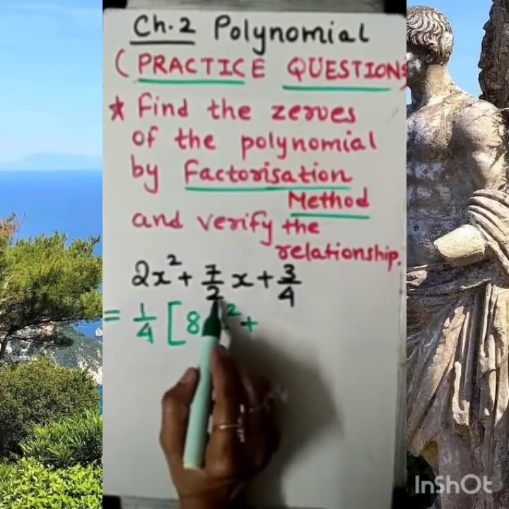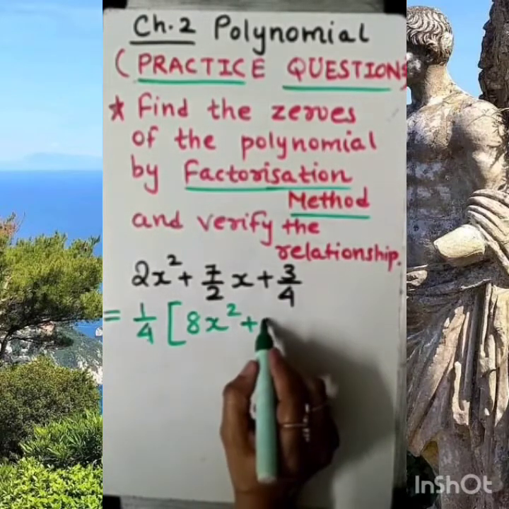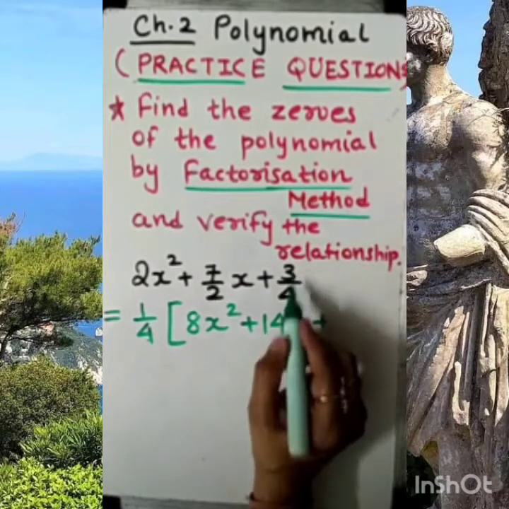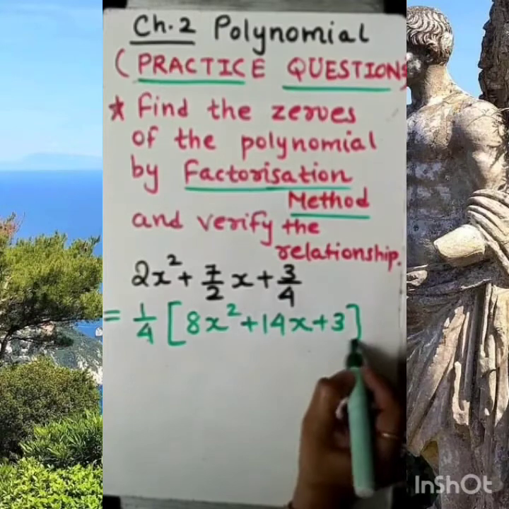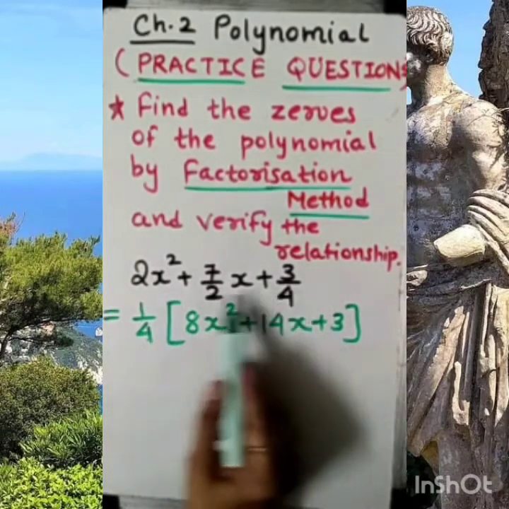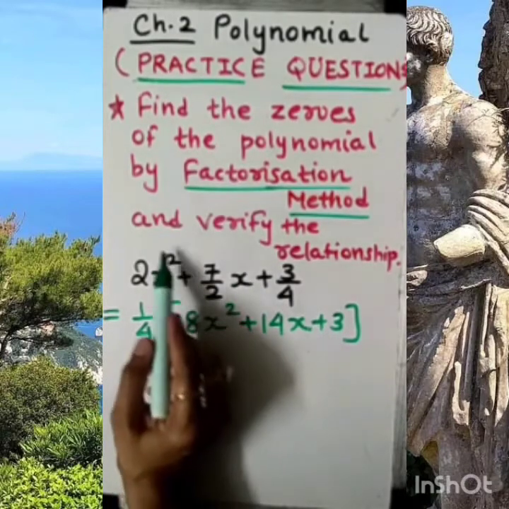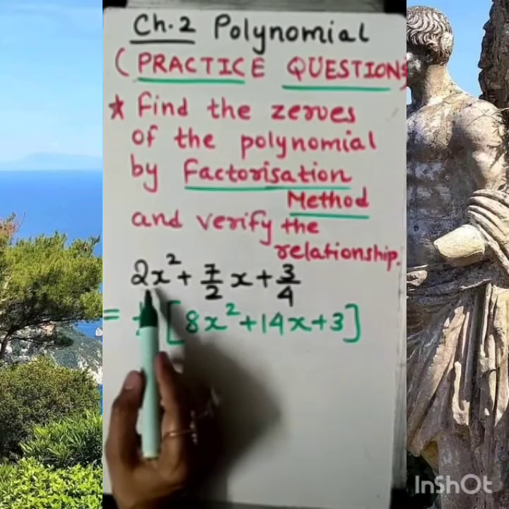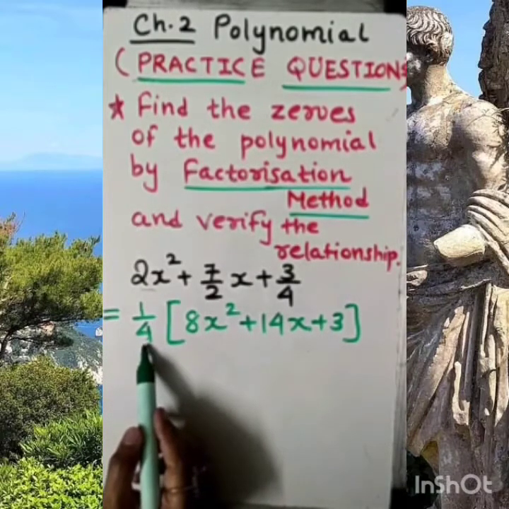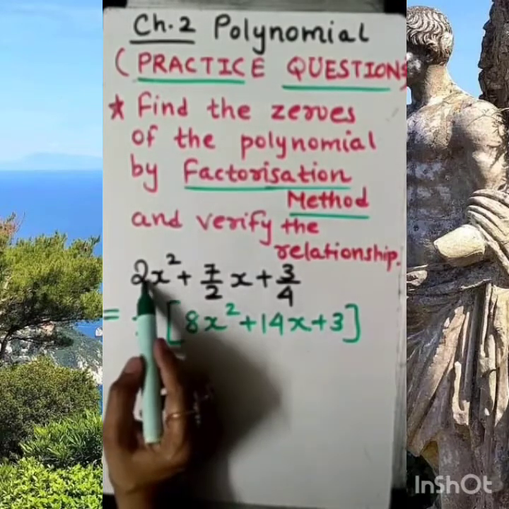Now as you know, 2 is already outside, so we need to multiply the numerator with 2. So 7 times 2 is 14x. And of course here with 1, it will be 3. Again I am explaining what I have done. I am taking out 1 by 4 common from all these three terms. From here 1 by 4 is not possible because nothing is given in the denominator, but deliberately we are taking 1 by 4 common. So in such a case we need to multiply the numerator with the same number.